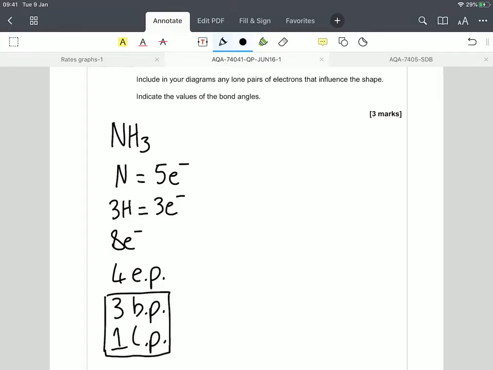This is what you arrive at, but you need the knowledge, which is that your basic shape, if you have 4 electron pairs, is going to be tetrahedral or some variation on it. It's not actually tetrahedral. It has a different name because it's not got 4 bonding pairs, it's got 3 bonding pairs and 1 lone pair, so it's a distorted tetrahedral shape that has a very specific name. Okay? So,